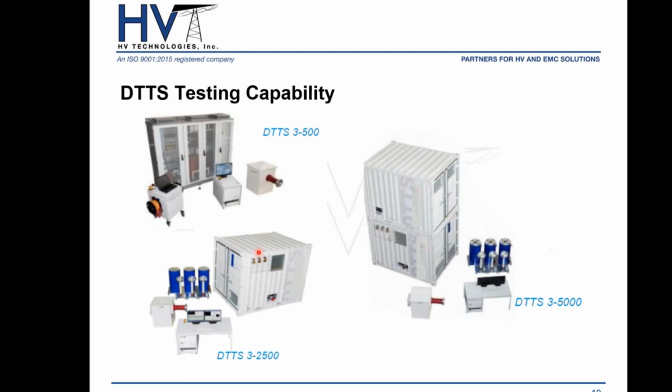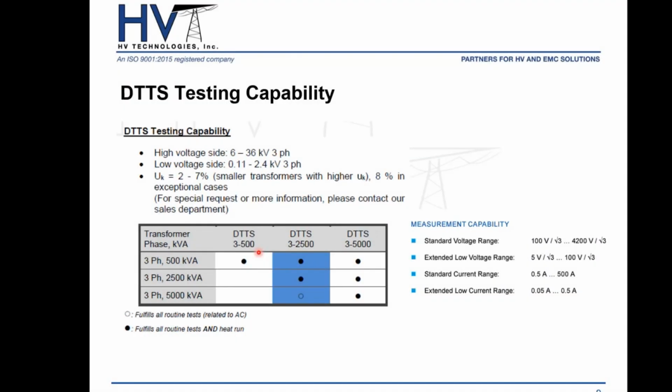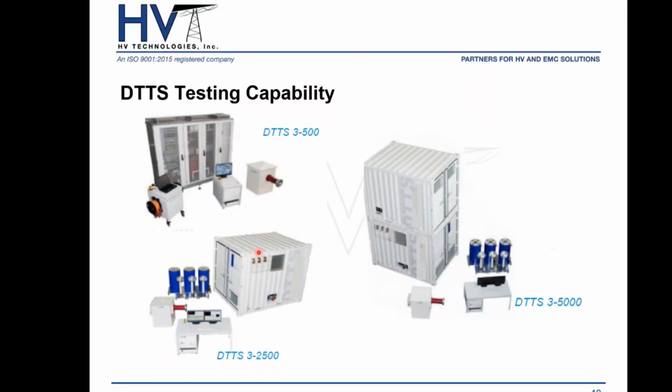So we have up to 5 MVA, and up to 10 MVA with the DTTS 5000 if you don't require heat run. So it will cover a wide range of transformer